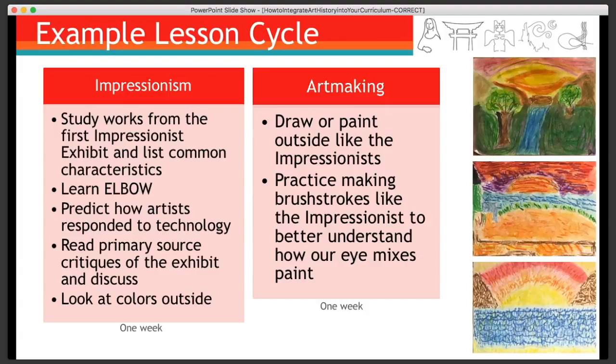And then we predict how artists responded to technology. We study the invention of the camera and the invention of the paint tube, and how that impacted art. We read primary source critiques of the exhibit, or depending on the grade level, we'll just read quotes of that, and then we predict how the artist would have responded. Then we go outside and we draw. We look at the light outside and talk about what the light looks like. And then we practice making brushstrokes. So it's a lot of stuff. And then in this case, they made sort of an Impressionist style piece. In other ones,